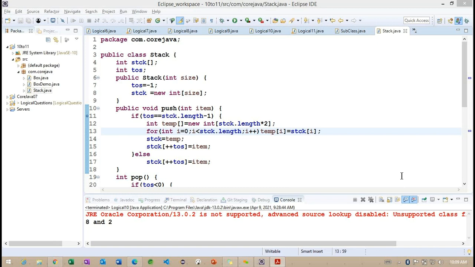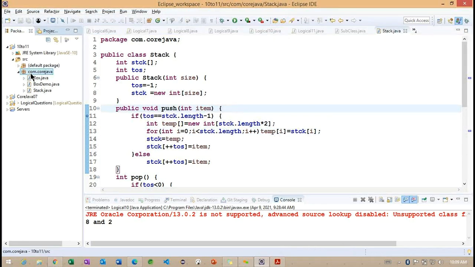So let's observe a simple example here. To understand this simple example, we'll work with these polymorphism concepts. Now, I am going to create one example. Let me create a package first.